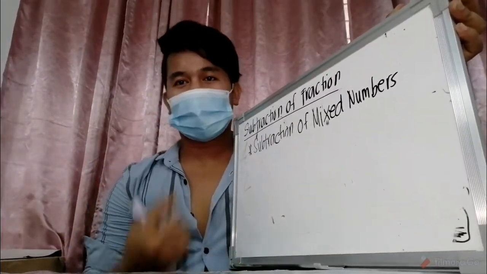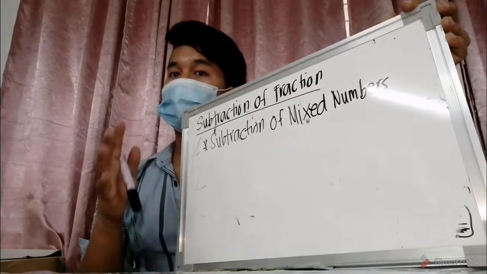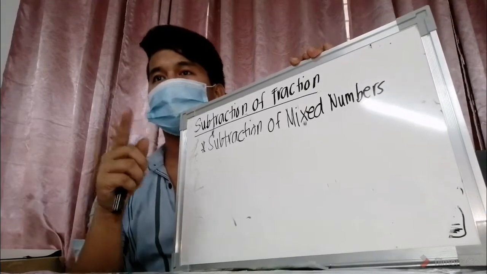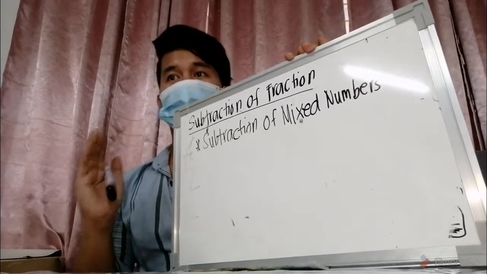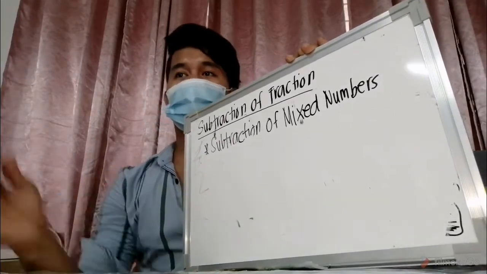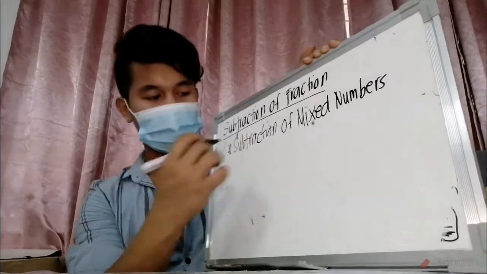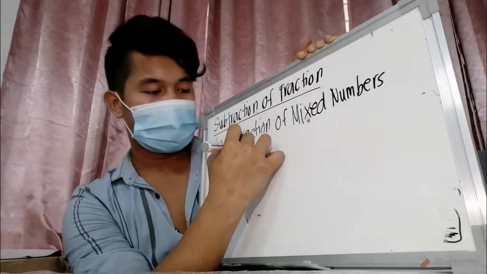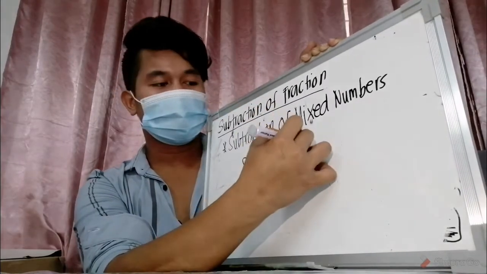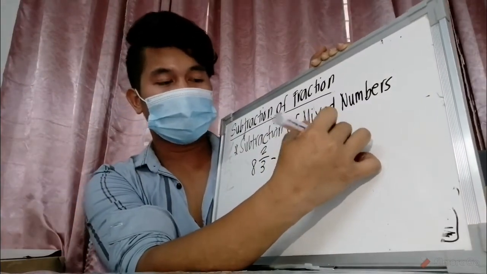Now let us talk about subtraction of mixed numbers. To subtract a mixed number from another mixed number, we follow these rules. Number 1, if the mixed numbers have similar fractional parts, we subtract the whole numbers and then subtract the fractional parts, following our rule for subtraction of similar fractions. So consider we have 8 and 2/3 minus 3 and 1/3. We need to subtract the whole numbers. So 8 minus 3